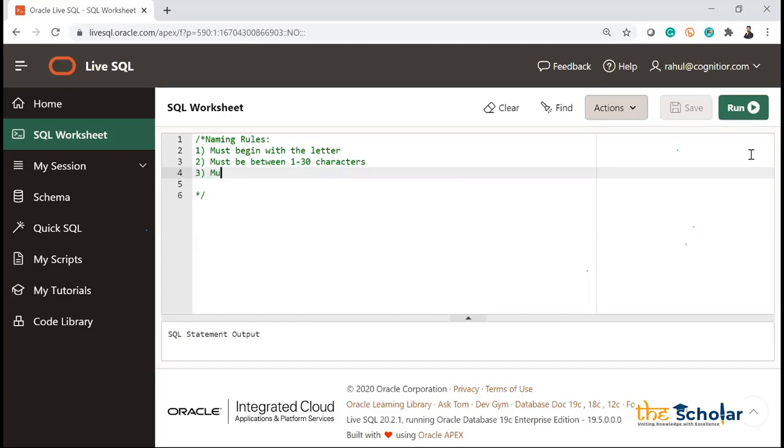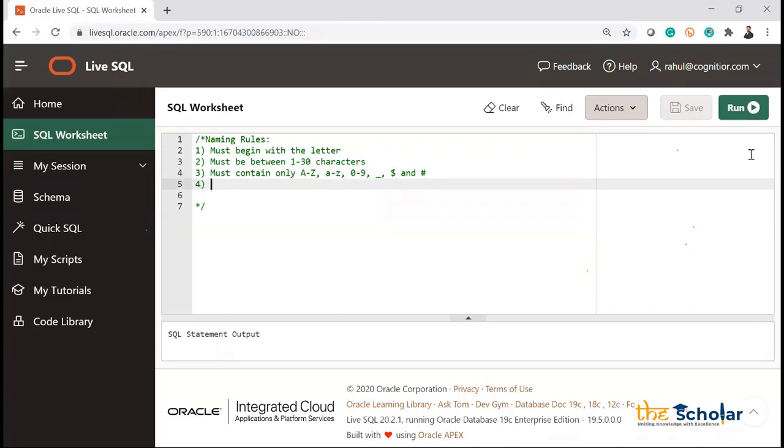After that, the name must contain only capital A to capital Z, small a to small z, 0 to 9, underscore, dollar, and hash. Okay, so in my object name I can use these characters for naming purpose.